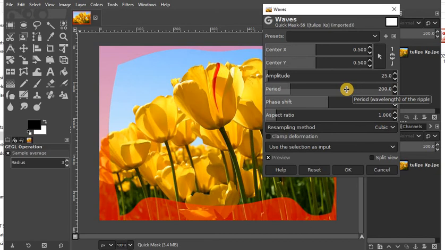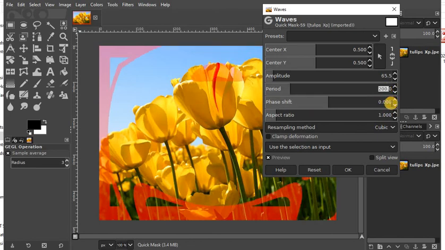The amplitude which we are going to make is 65.45, just make it 0.5, and then make the periods